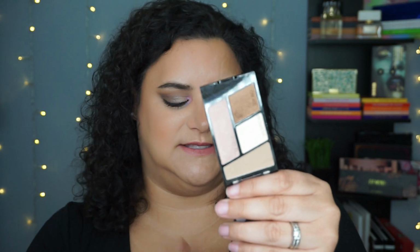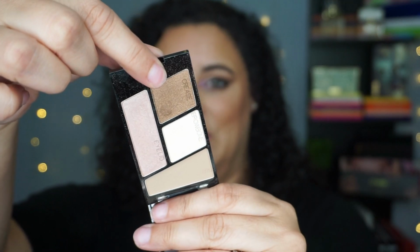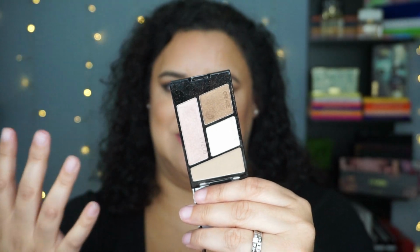So you're not overwhelmed with colors. They're not deep and dark like what you see in the Tartelette in Bloom. This is as deep as it gets, and that's not really all that deep. So it's really not an intimidating look. If you do have a deeper skin tone, it's probably not going to show up all that well though, unfortunately,